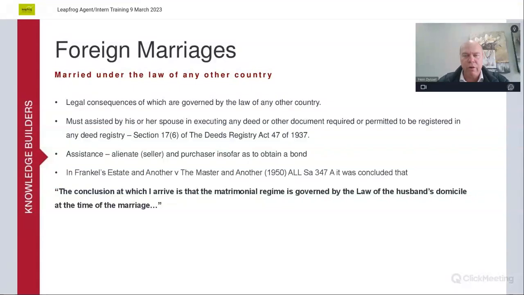Now, when it comes to foreign marriages, we are not so clued up because a foreign marriage is a marriage anywhere outside of South Africa. So if you got married in Namibia, Botswana, Zimbabwe, Mozambique, America, New Zealand, Australia,